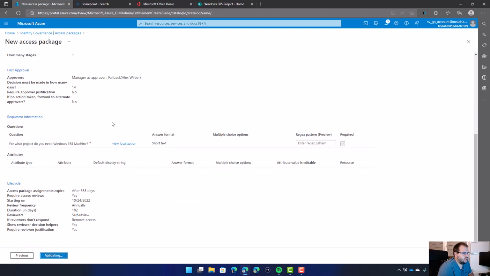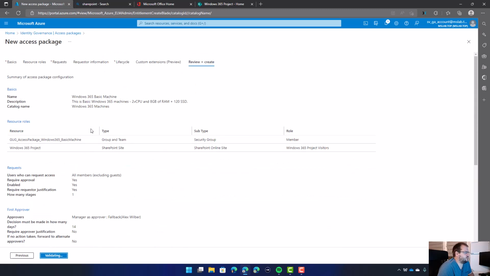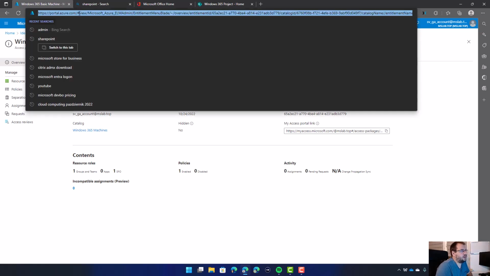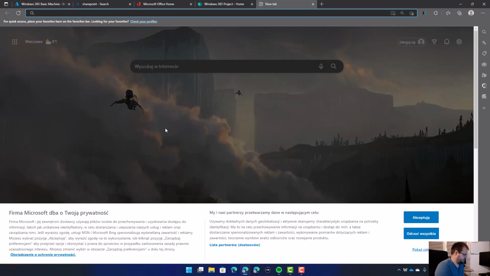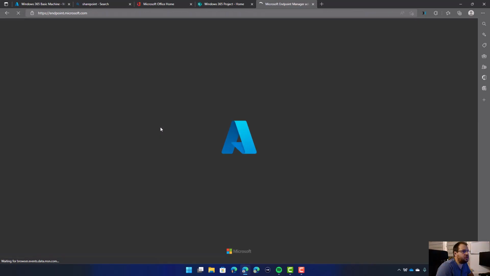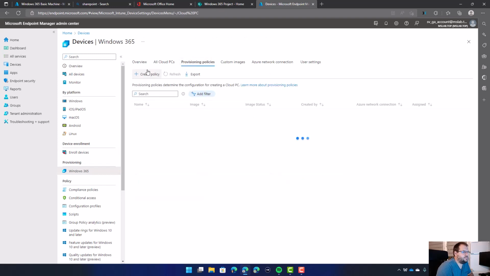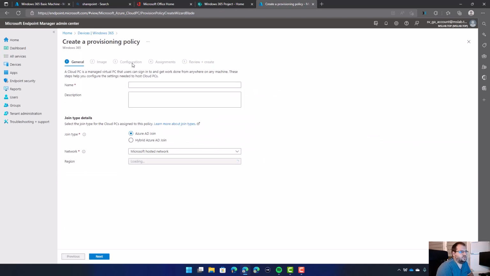Okay, I'm creating the access package right now, and this package was created properly. And what to do next? Next, we need to create an additional provisioning policy. So we are going to the endpoint.microsoft.com, devices, Windows 365, provisioning policies, create provisioning policy, basic Windows 365 basic machine,